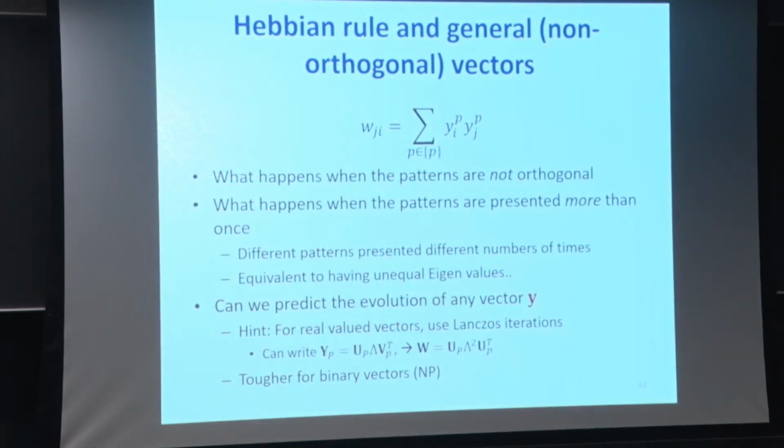So here are the two questions. What happens when the patterns are not orthogonal? We've been speaking of orthogonal patterns. What happens when the patterns are presented more than once? Different patterns are presented different numbers of times. It's equivalent to having unequal eigenvalues. Then, if my patterns are not orthogonal, and I'm allowed to represent some pattern more times than others, can I predict the evolution of y? It turns out I can still predict the evolution of y, exactly how it will change, by simply analyzing my weights matrix. But then, more important than that, it's